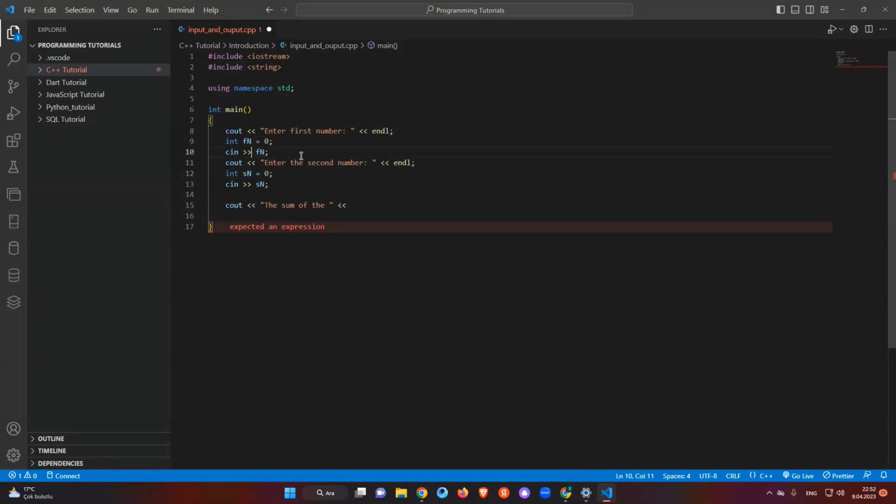After we get it from the user, we will add the continued part of this output. We'll say the sum of the first number, and then we will say and, but we can maybe put an empty space,